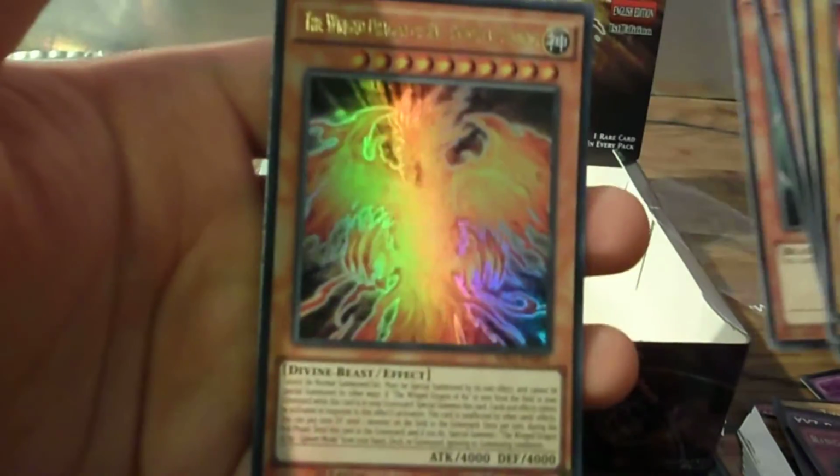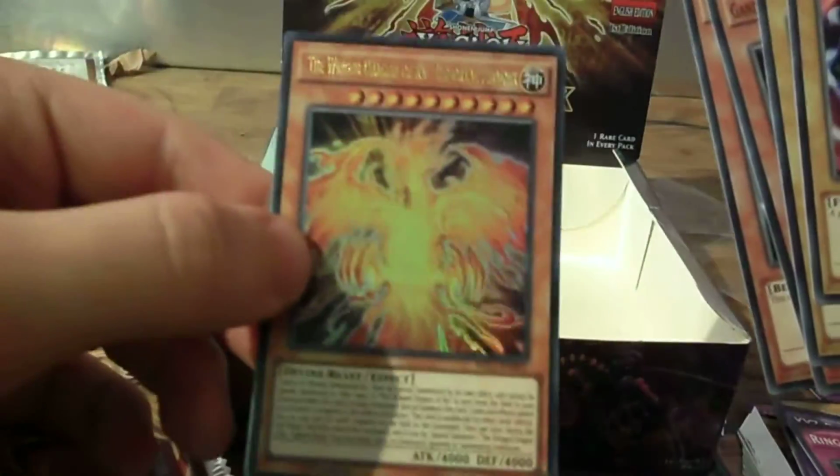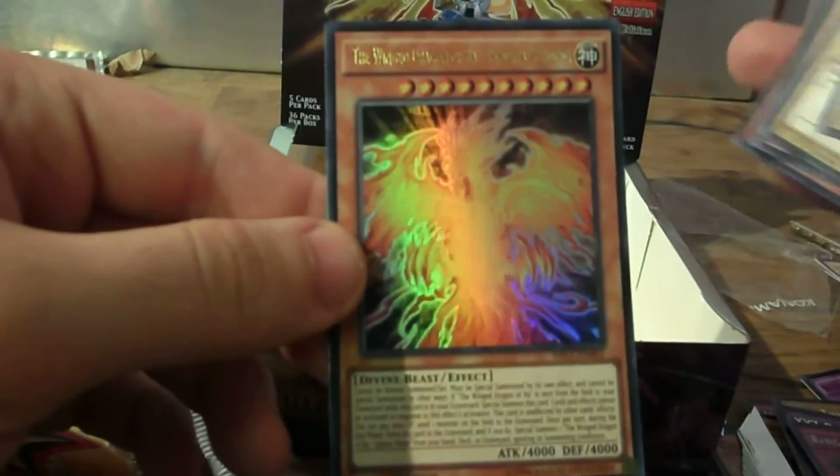Oh! Speak of the devil, never mind. We've got another Winged Dragon for us Immortal Phoenix mode. Or at least I have, but this is the first one in the set. Brilliant! So I've got a play set of these. I'm happy now. Great, I just need a play set of Sphere mode, which I need to get another box